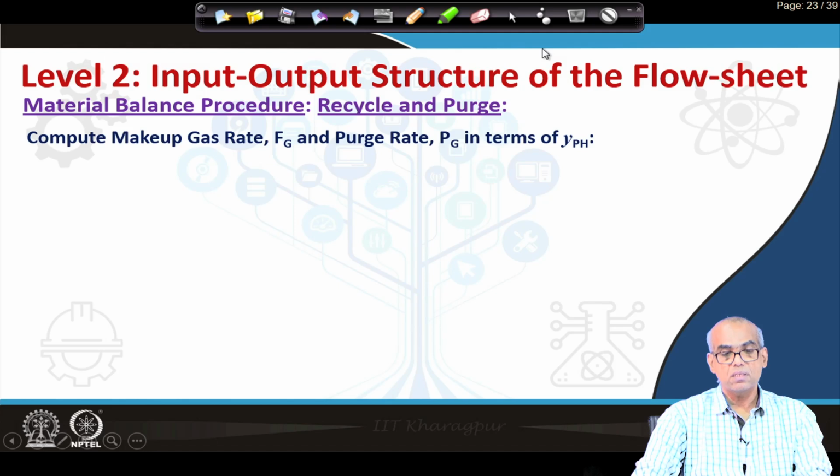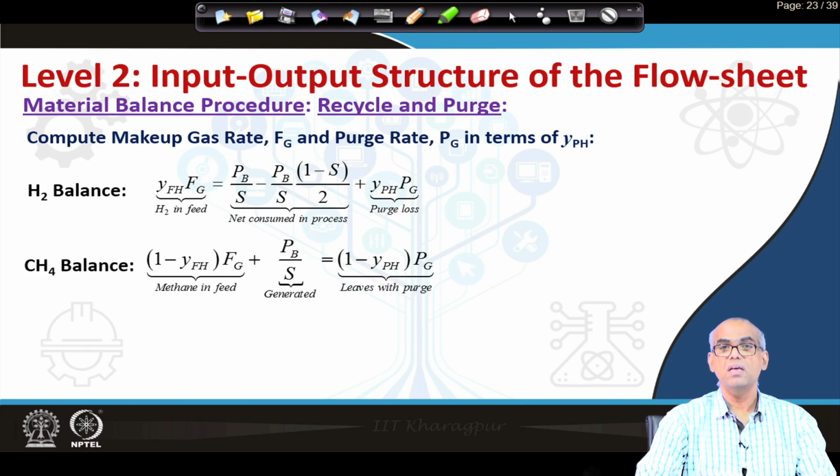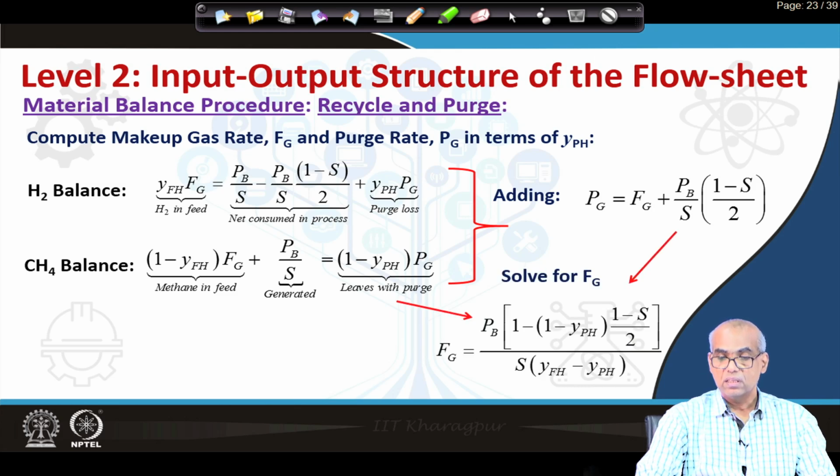Now, we can compute the makeup gas rate Fg and the purge rate Pg in terms of the mole fraction of hydrogen in the purge stream, which is the design variable. To do that, you write the hydrogen balance that we have written in the previous slide, also write the methane balance, just add up these two. So, we will get an expression for the purge rate Pg. And now, if you combine the methane balance and the expression for the purge rate, you can solve for Fg,